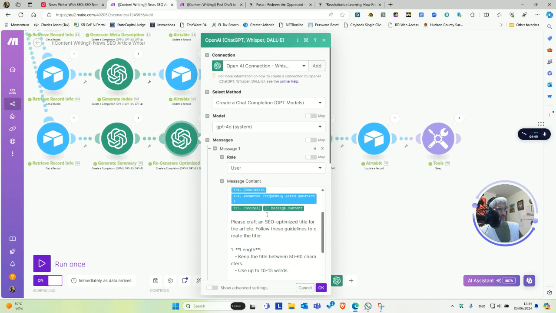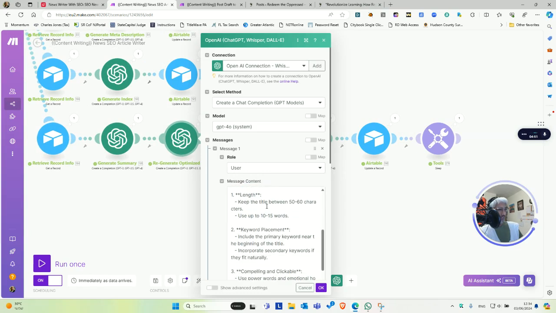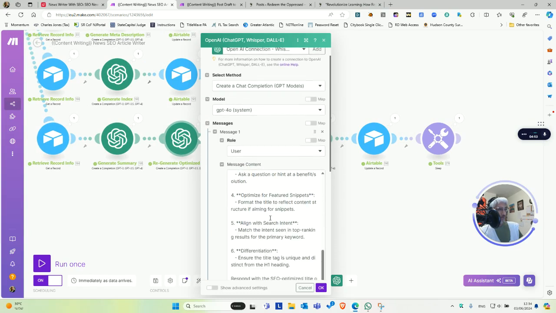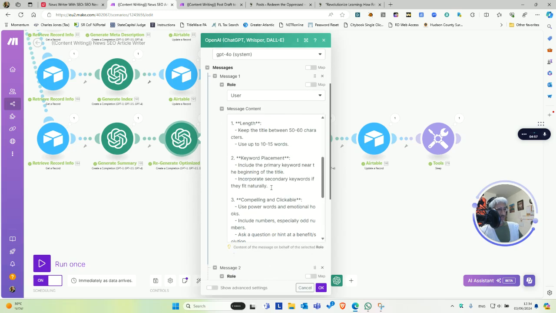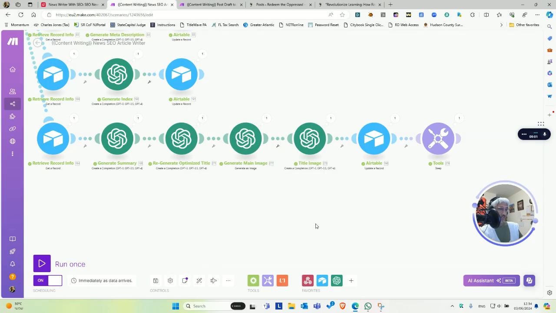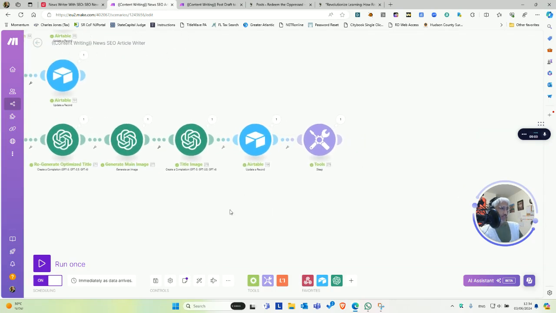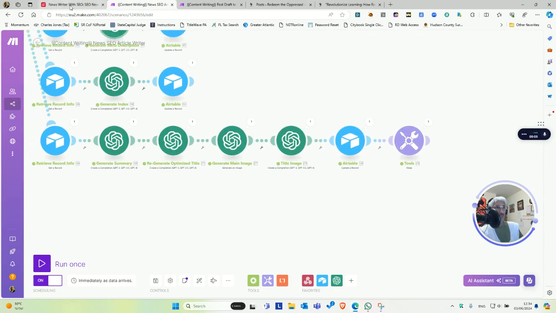We're going to say, hey, here's the whole article, please optimize this title following these parameters, right? And I asked AI, what are the parameters for an optimized title? I guess the title is the most important thing. Then once you've done all that, you'll have the result here where